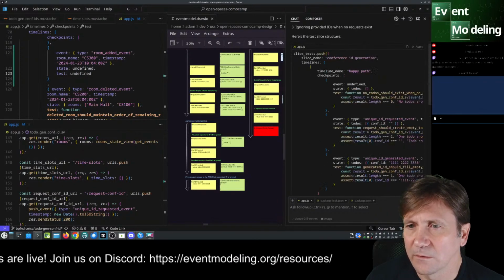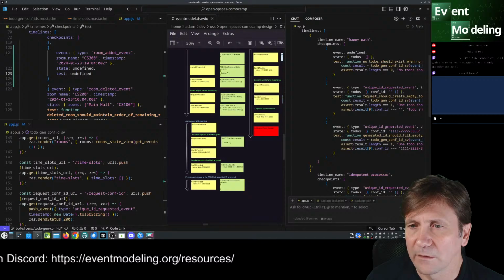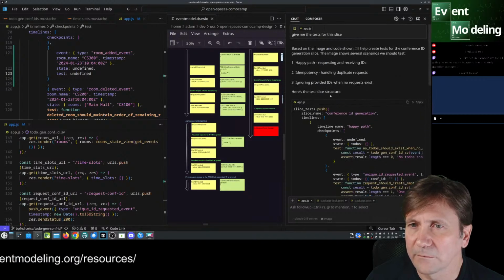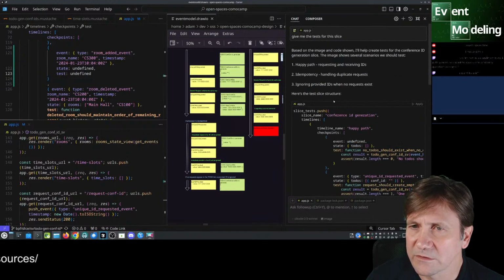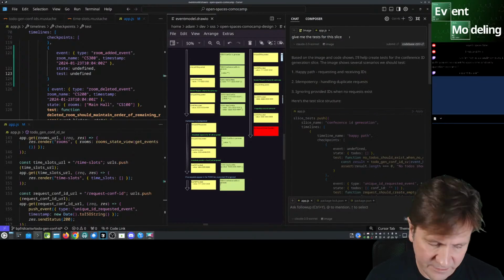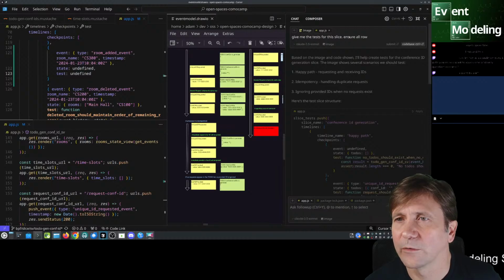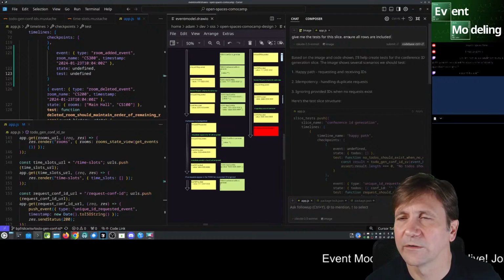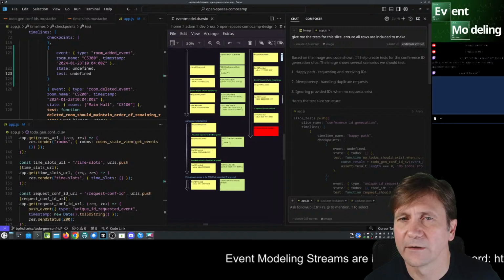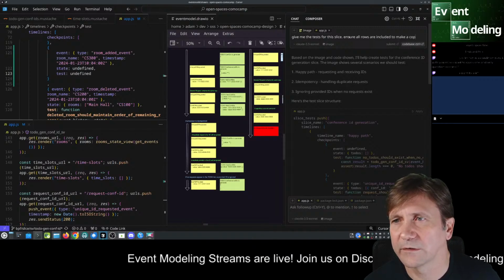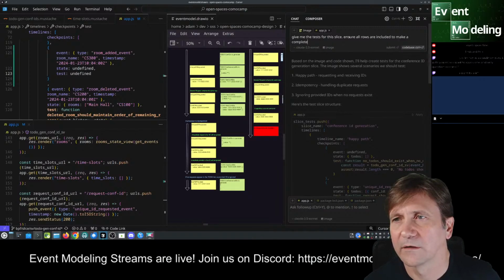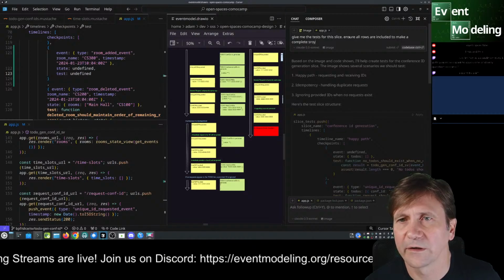So yeah, ignoring properties when no request. Here's the structure. No, it's slice. Ensure all rows are included to make a complete storyline.